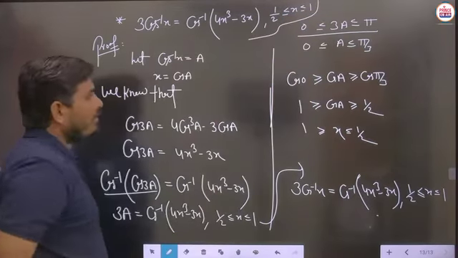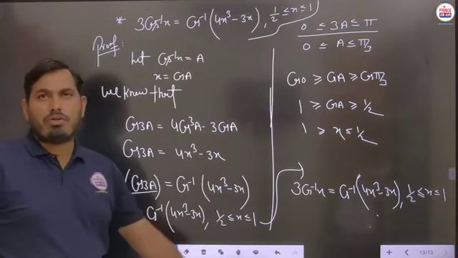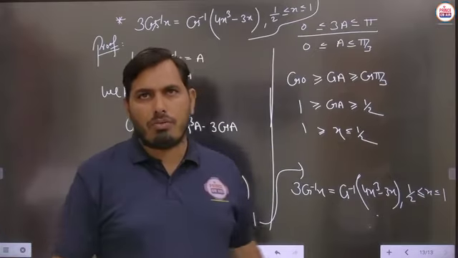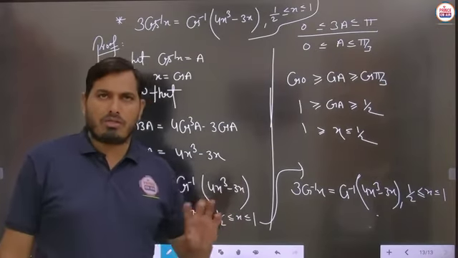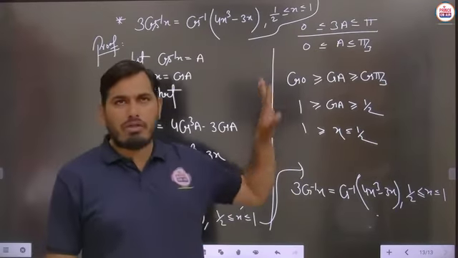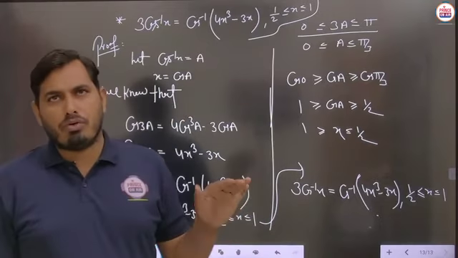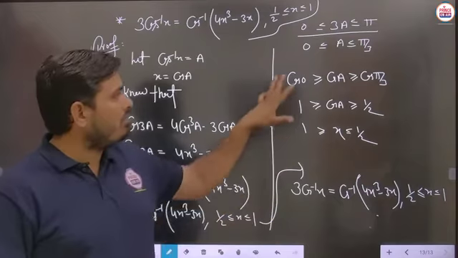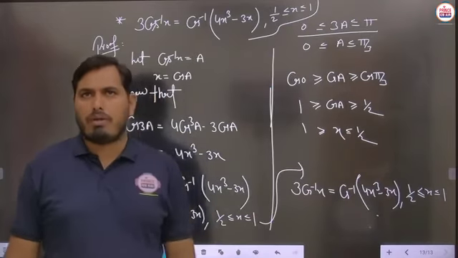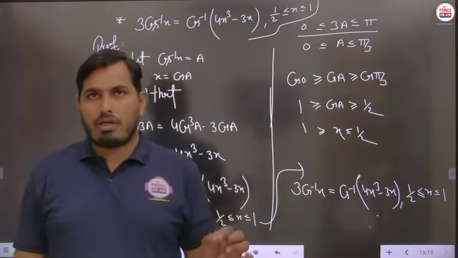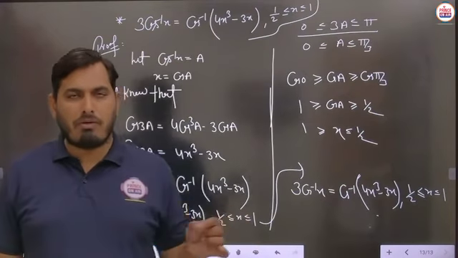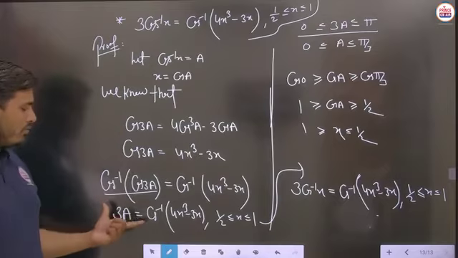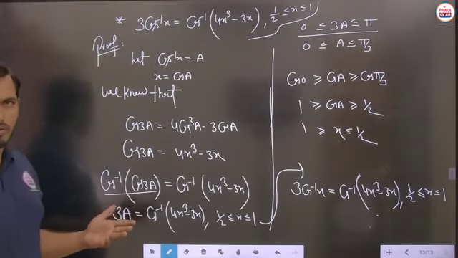Is it clear? So according to this situation you will obtain the condition, or suppose directly you can think about the condition, then there should be no problem. But students, these types of conditions are already given in the question, so there is no requirement to take the conditions by yourself. You just have to simplify the given conditions to check whether the principal value range of the inverse trigonometric function matches this given condition or not, so that from here you can write down the answer as 3a or not. Is it clear?